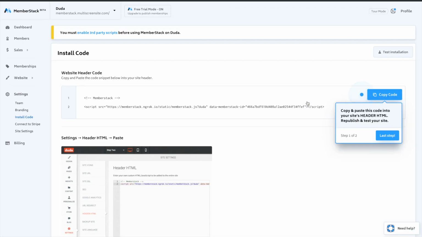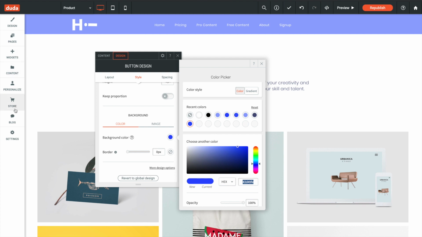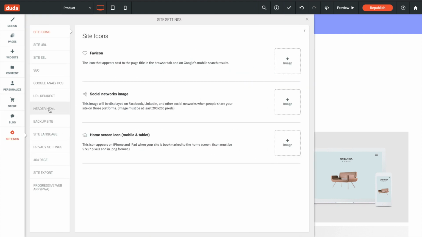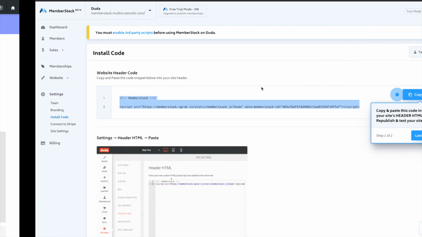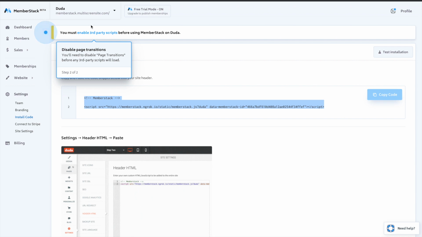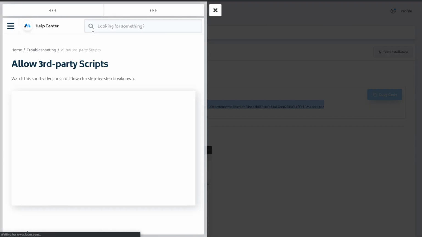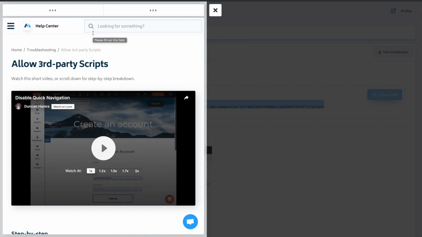Now, two other things we need to do. We need to copy and paste this code into the header of our site, which we can do down here under settings, header HTML, and paste that in right here. Once we click save, we'll go back over and just see there's one last step, which is enabling third-party scripts. And what that means is really turning off page transitions in Duda. This is a problem you may be familiar with if you tried to use any, just really any other third-party